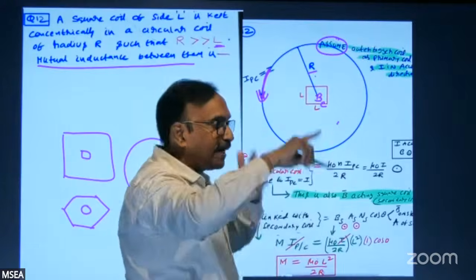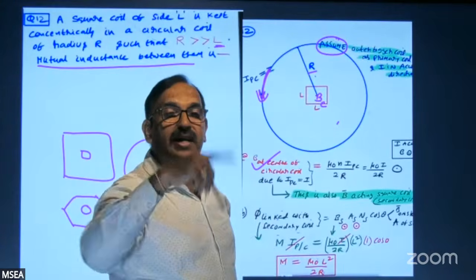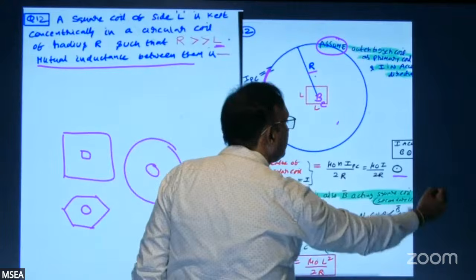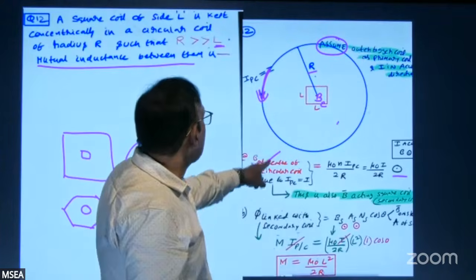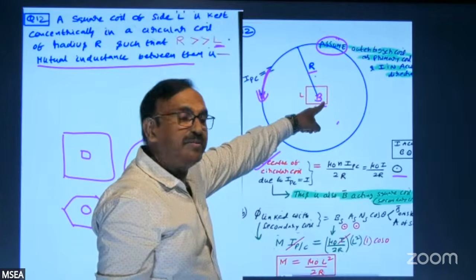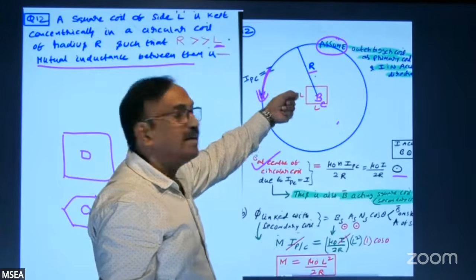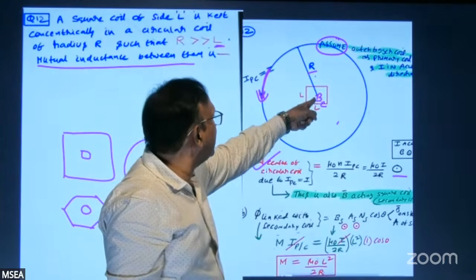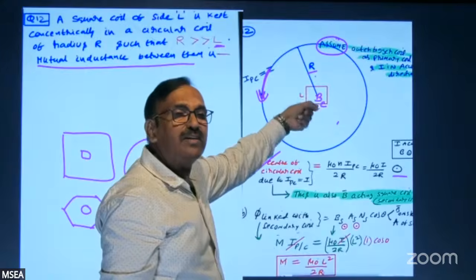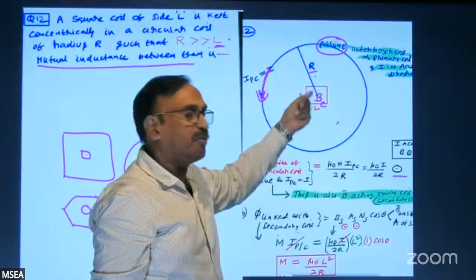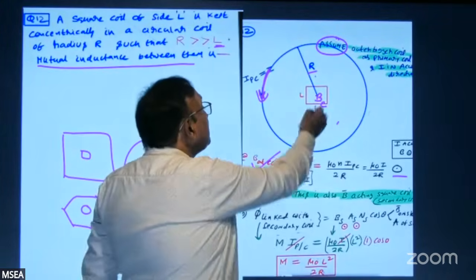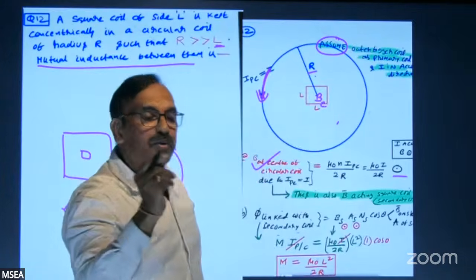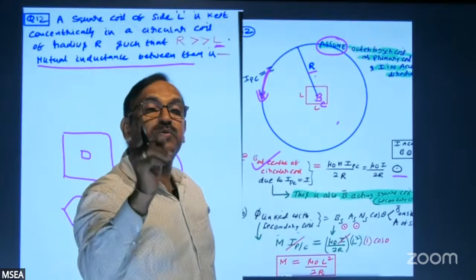All of you know, when the current is clockwise, the magnetic field is inward, and anti-clockwise, outward. This current is going anti-clockwise, so this magnetic field is outward. So this is the magnetic field acting at the center of the circular coil, an outward field, and it is acting on the smaller coil as well. When the magnetic field is passing through the smaller coil, I want to know